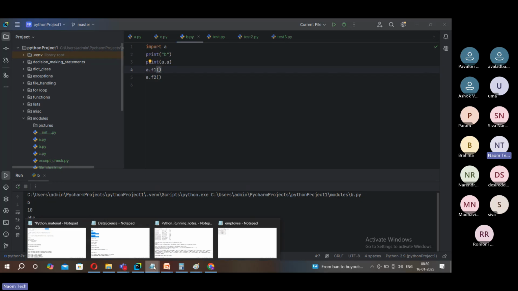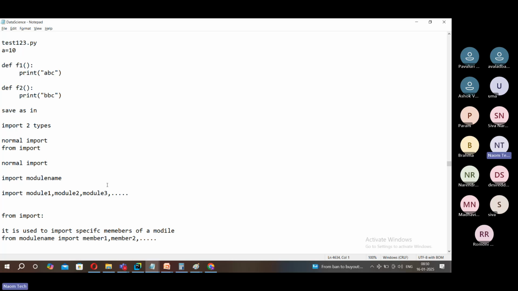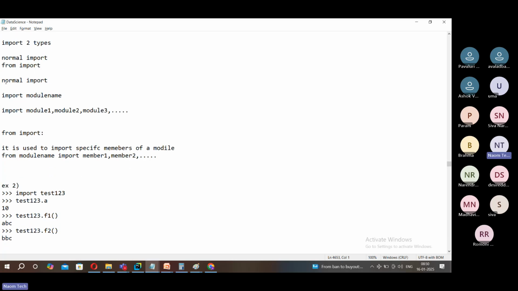So now, if you look, these are the two types of imports we have. What is that? Normal import and from import. What is normal import? Simply speaking, whatever we just discussed with the example now: import module name. This is for importing one module. This is normal import. The second one is importing multiple modules. If you see this example here,